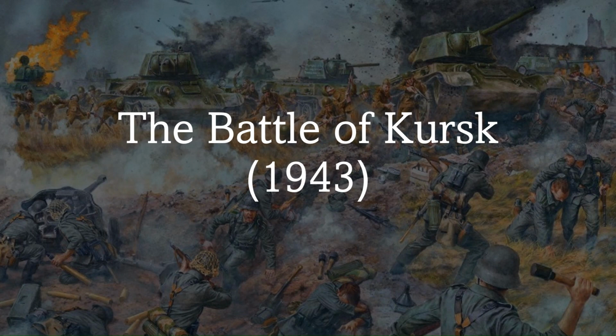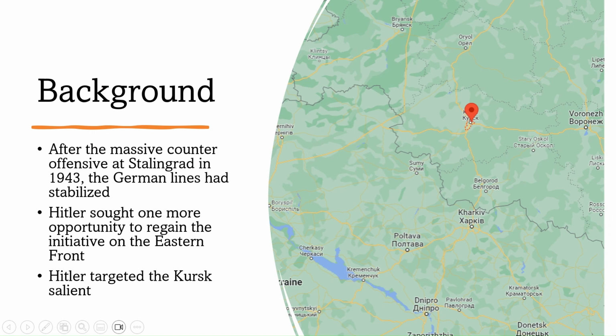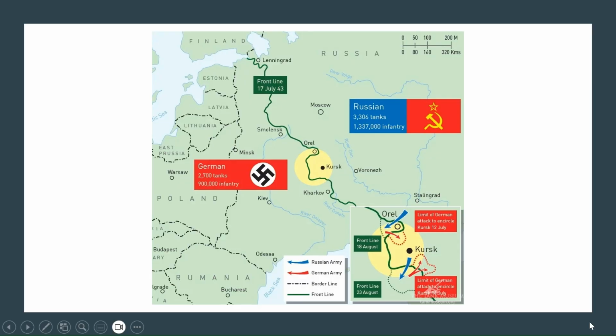Background. The Battle of Kursk was fought between the German Army and the Soviet Union on the Eastern Front during World War II. It took place in the Kursk salient, a bulge in the Soviet lines that extended hundreds of kilometers westward from the city of Kursk. The battle began on July 5, 1943, and lasted for several weeks until August 23, 1943. It involved over 2 million troops on both sides and was one of the largest and most significant battles of